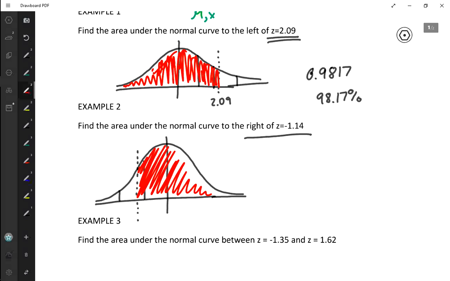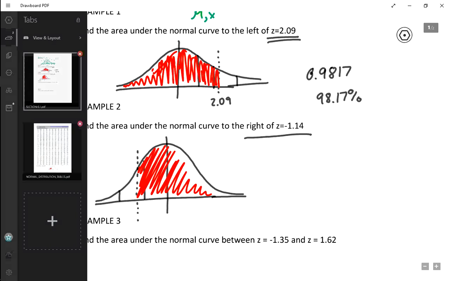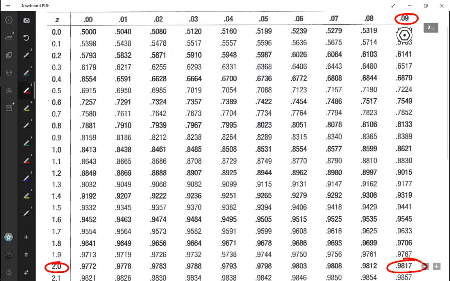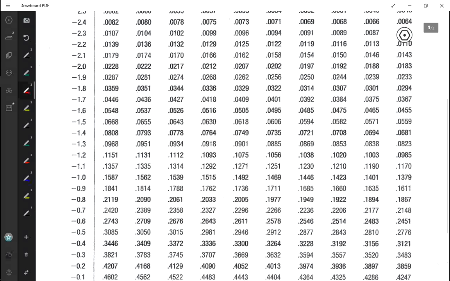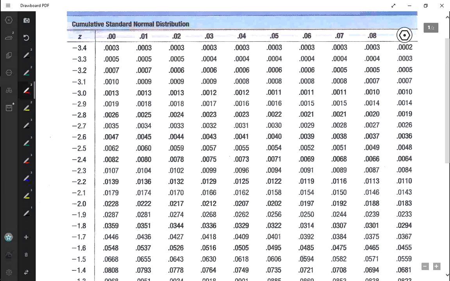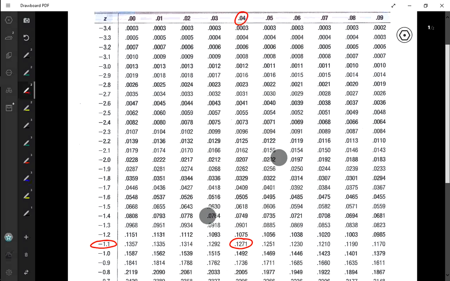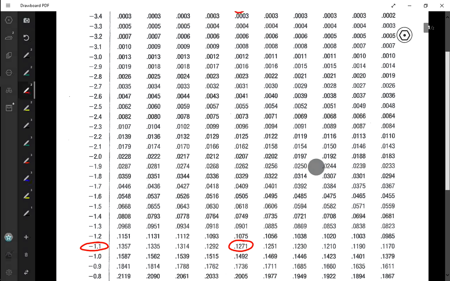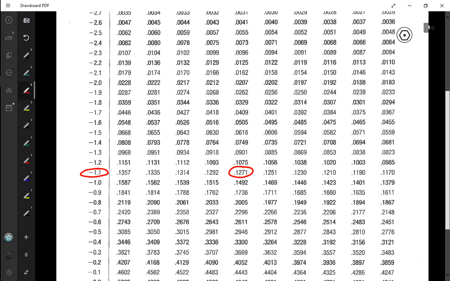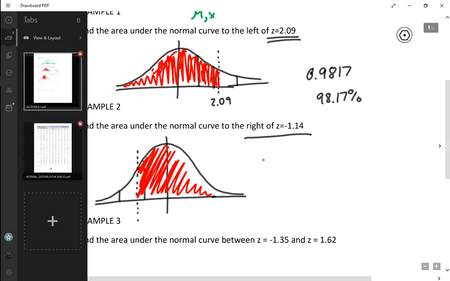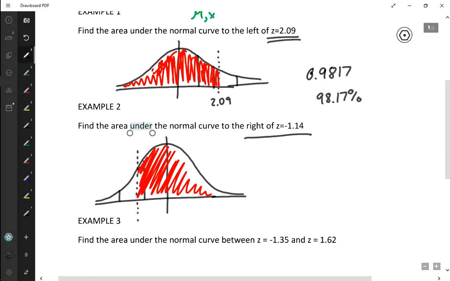So we're going to go to our table and find negative 1.14. So back to the negatives, negative 1.1, and then 4 is right here. So negative 1.14 lands me right at that location. Okay. So now that we have that set up, we know it's 0.1271. Here's the problem. That area that we just looked for on the normal distribution table